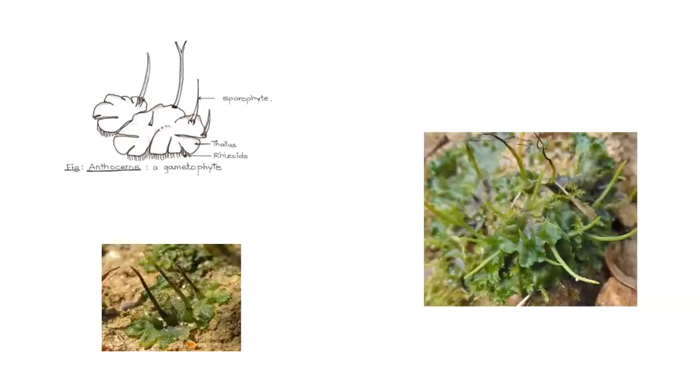So, good afternoon and welcome to the last part of the Anthoceros life cycle. If you remember, in the last lecture, we discussed how the process of fertilization takes place. The fertilization process involves formation and fusion of gametes, and it's an oogamous type of sexual reproduction.